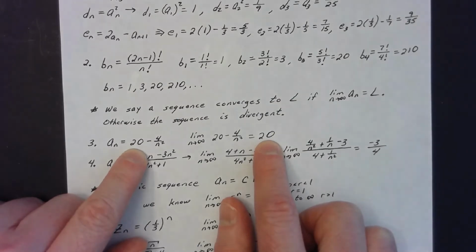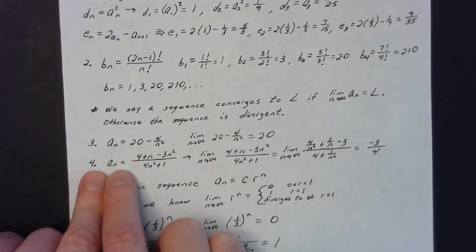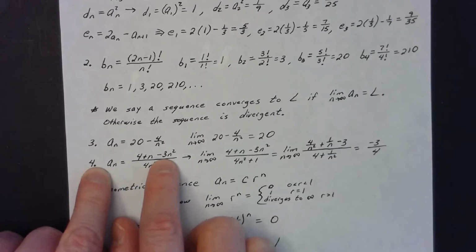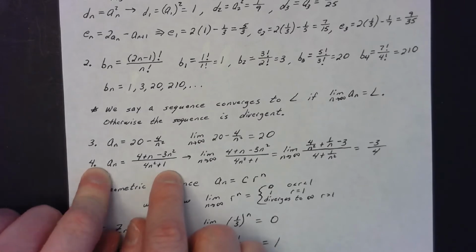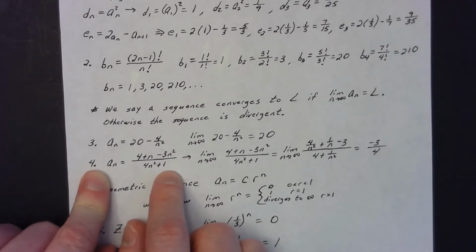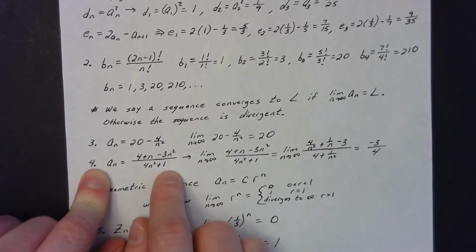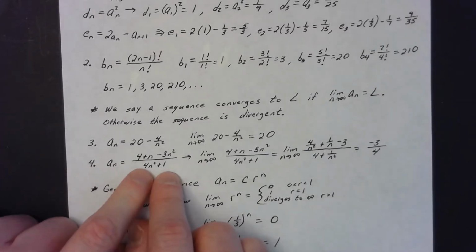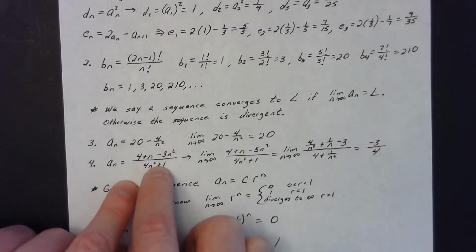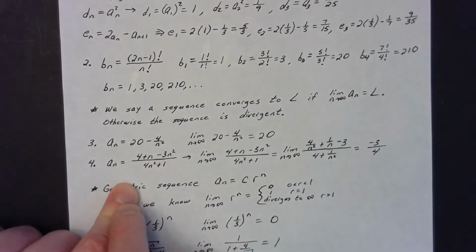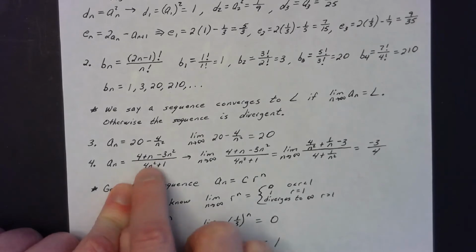It converges to 20. What about if I give the sequence a sub n is equal to 4 plus n minus 3n squared over 4n squared plus 1? This should bring back some fond memories of limits from Calc 1. Earlier in the semester, we did these algebraically. Later in the semester, we did them with L'Hopital's rule. Right now, for this one, you could even go back to pre-calculus and think about anytime the degree of the numerator and denominator is the same inside of a rational function, then the horizontal asymptote is going to be nothing more than the fraction of the leading coefficients.